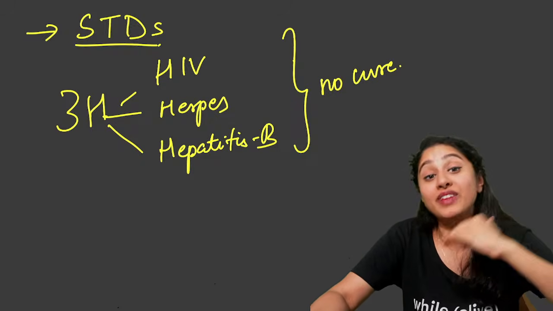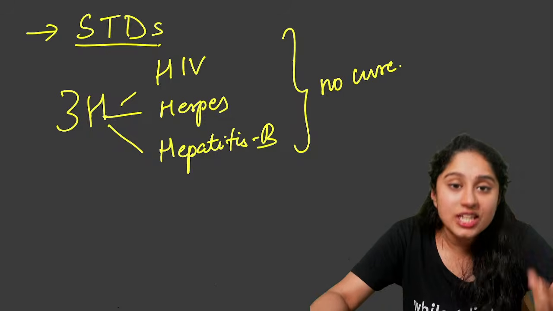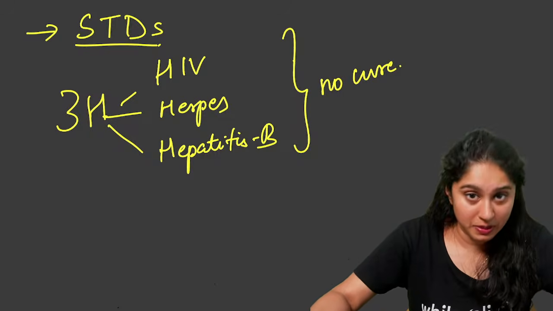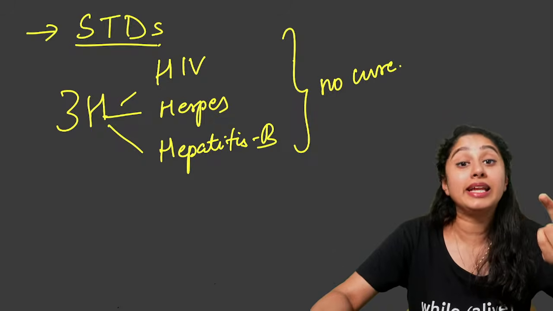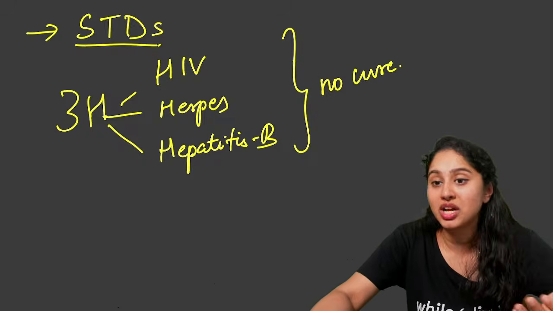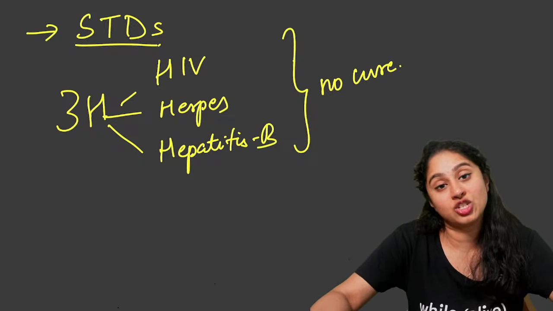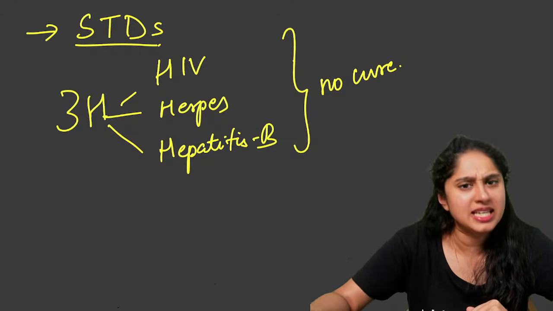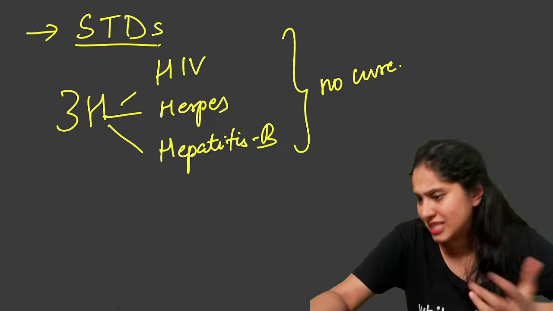But how can you prevent yourself from the disease? Obviously, you should avoid having intercourse with unknown and multiple people. And again, it should be taken care that when you're taking a blood transfusion, the blood banks should run checks for HIV and other diseases so that it does not spread to the patients. And also before pregnancies, they do HIV tests so that the child can be saved from it.